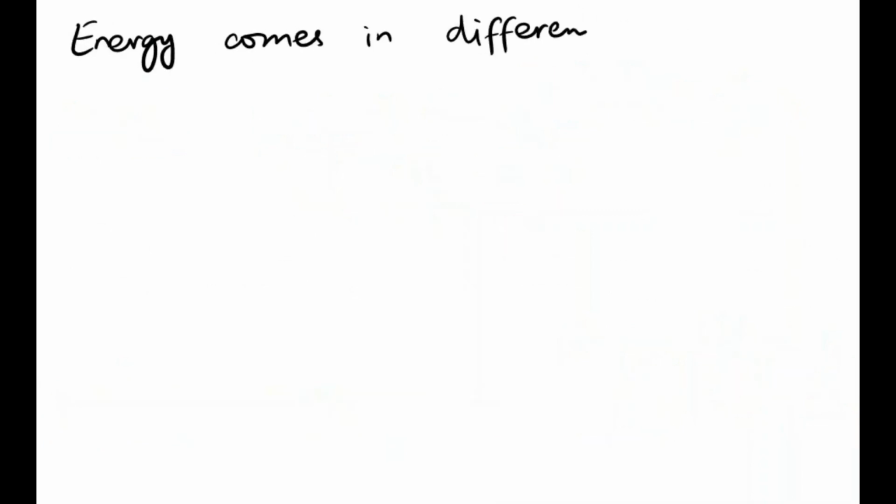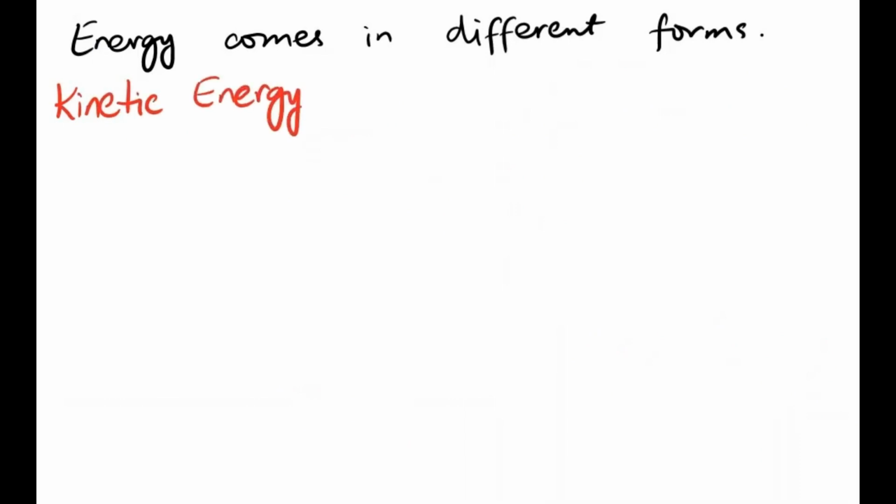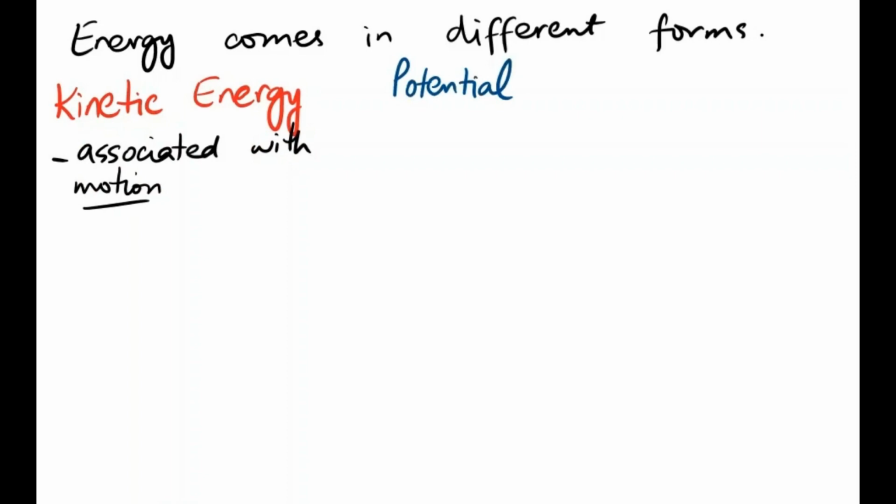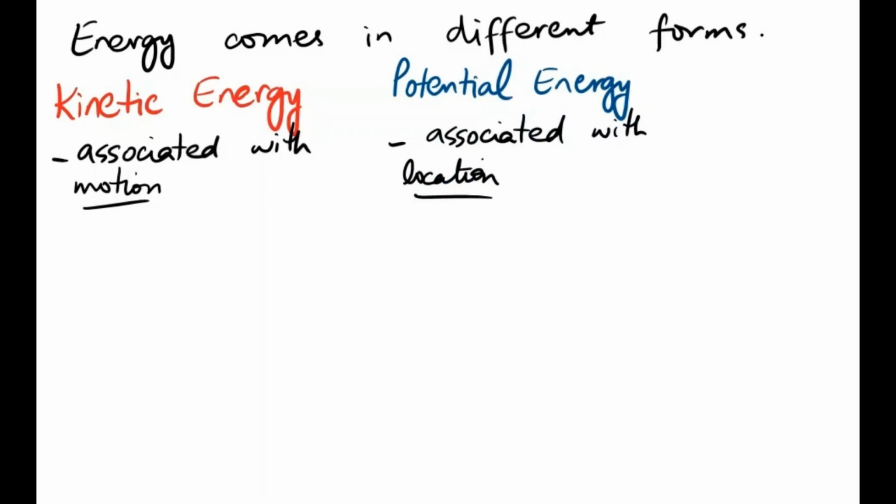Now, energy comes in different forms. We'll talk about these forms in this class and we'll categorize them under the terms kinetic energy, which means that it's associated with an object in motion, or any moving object will have energy, which is called kinetic energy. The other category we're going to term as potential energy. This type of energy is associated with location or how the objects are arranged. So we'll use these two types of energies.